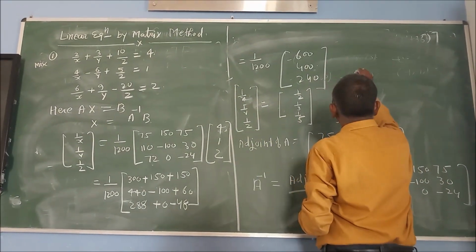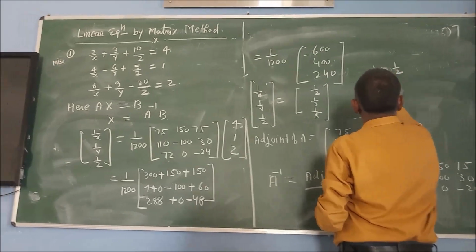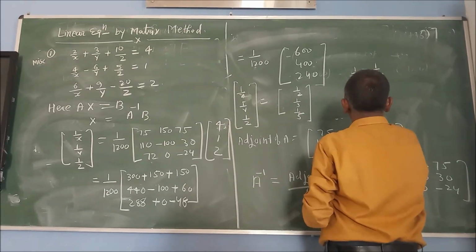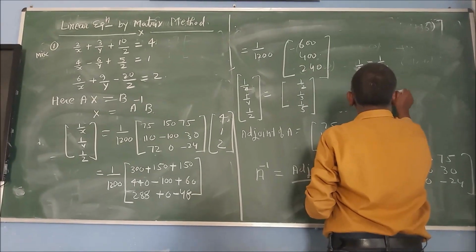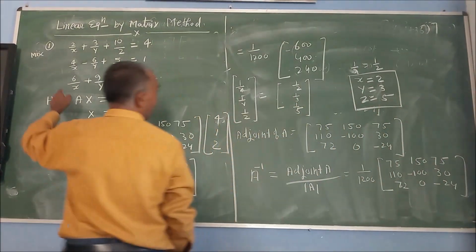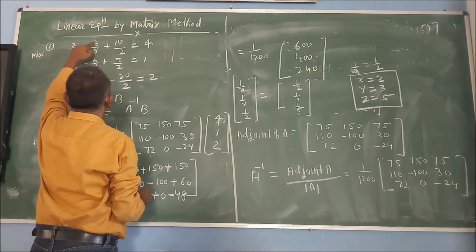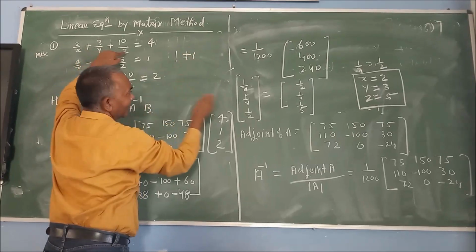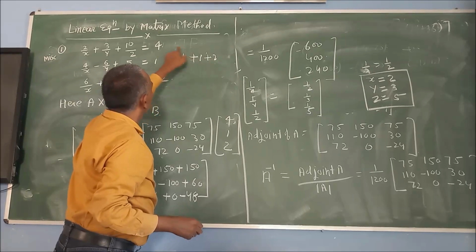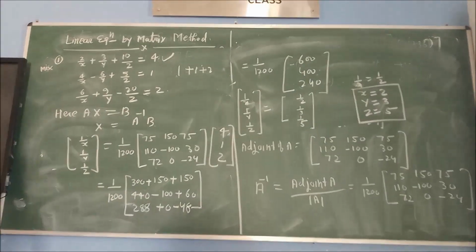So here 1 by x is equal to 1 by 2. So we can write x is equal to 2, y is equal to 3 and z is equal to 5. Now check whether the answer is correct or not. Put the value of x as 2: 2 by 2 is 1, the value of y is 3: 3 by 3 is 1, the value of z is 5: 10 by 5 is 2. So 1 plus 1 plus 2 is equal to 4. So this satisfies the equation. So our answer is correct.